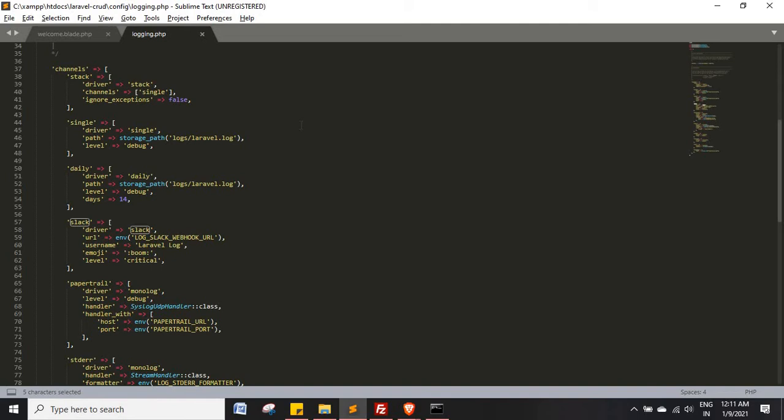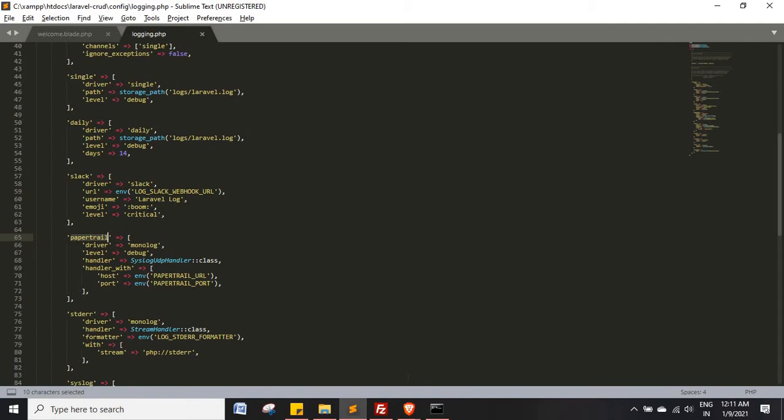Suppose you have used a try and catch method in your application, and some exception occurs. In case you have defined your Slack channel, it will automatically trigger a message inside your Slack, so you can immediately check what the issue of that exception was.